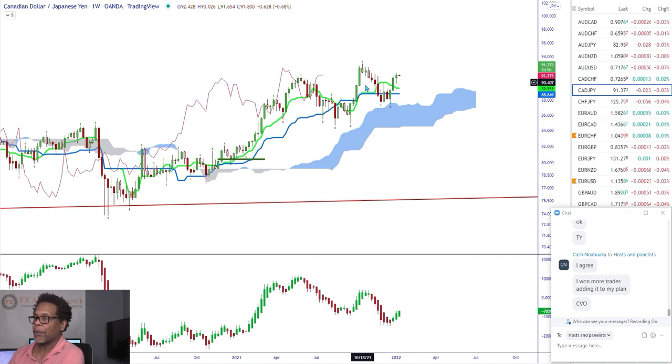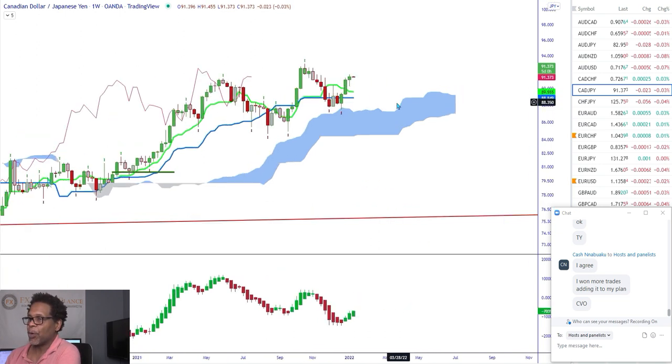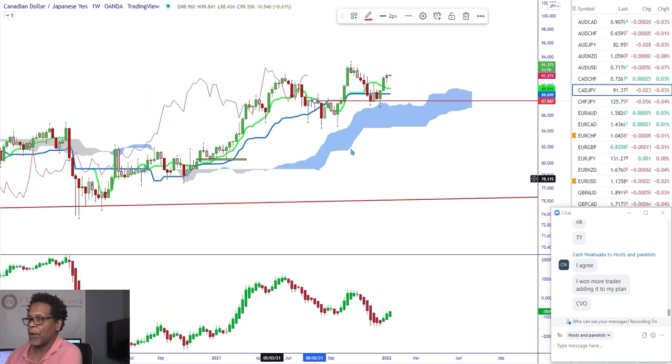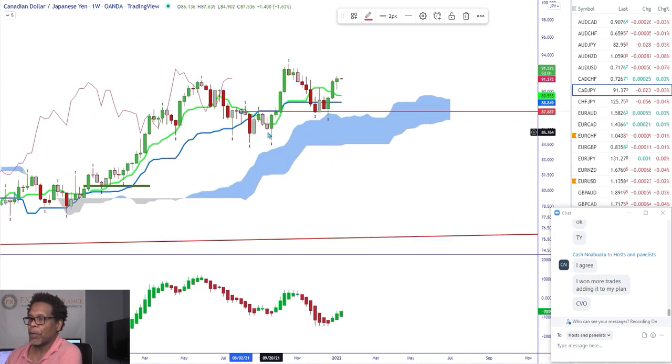More supply coming into the market. So in order for things to change, we need to close above this level. All right. And then we need to see that supply keep coming in. Now, what I would be looking for, I would already be in the trade long. All right. Because I already told you and showed you that you bounce off of our fractal levels. You would already have been in the trade because you would have marked your fractal right here. And you would have been looking for a long trade because you are above the cloud. And if you were looking for that, you would have got an S wave trade.